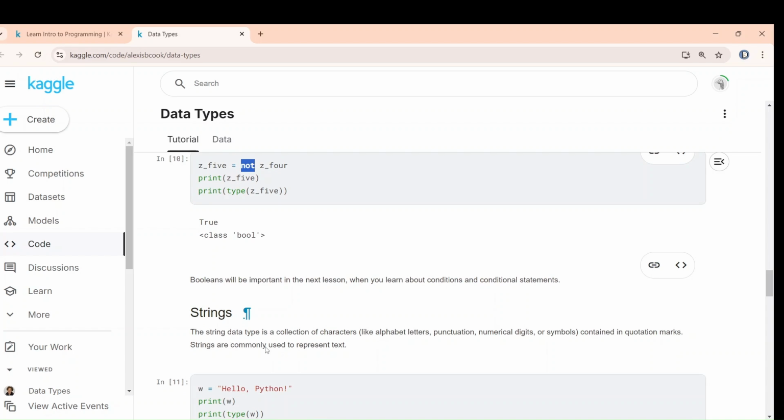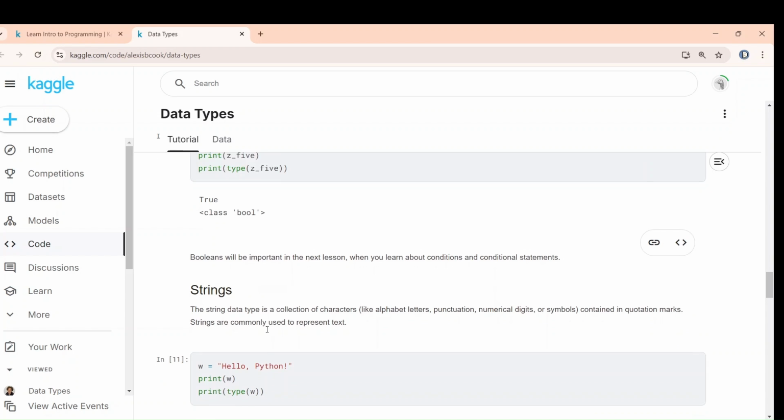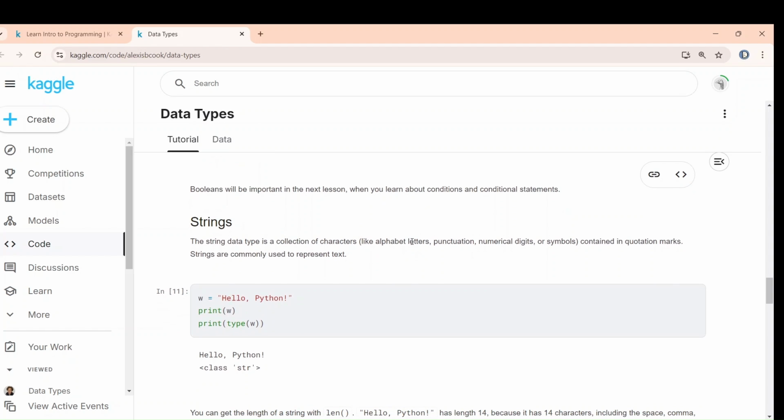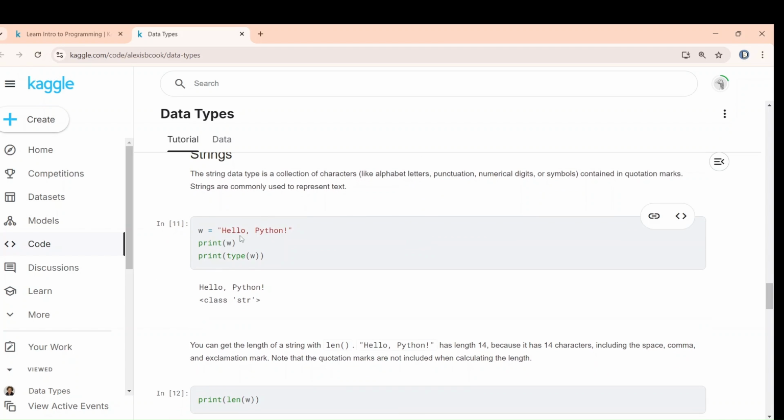So these are the things you can do with boolean. Many more you will come across as you study. Next data type is string. String is a collection of characters that may be alphabet, punctuation, numerical digits or symbols, and they are kept in quotation marks. Like if you have written hello, comma, Python and you have kept them in quotation,